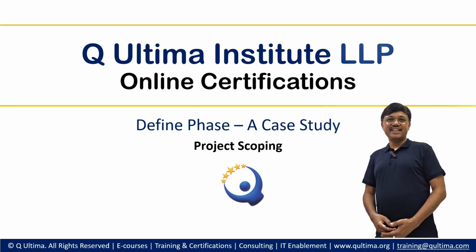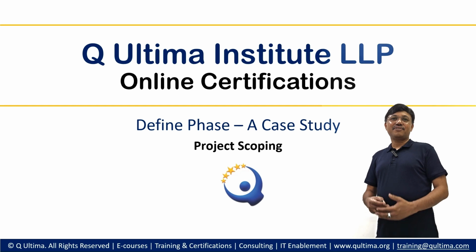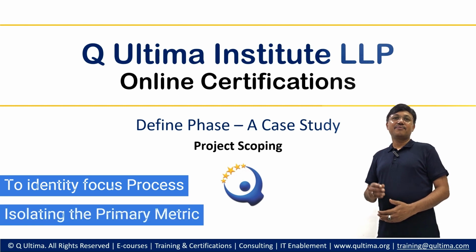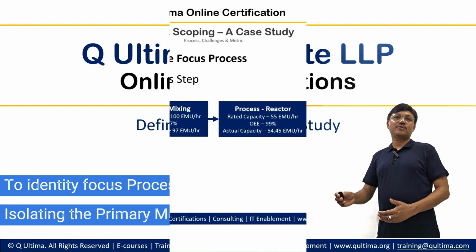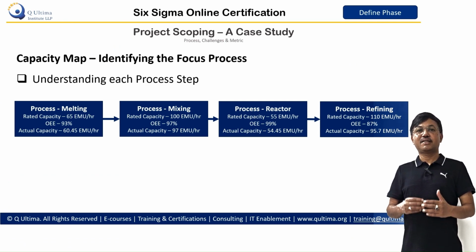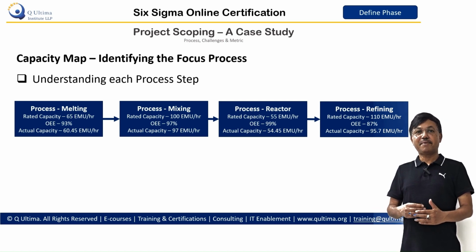Continuing our case study, we will discuss the define phase now, in which the first thing that we'll discuss is scoping of the project. The scoping of the project includes identification of the process on which we are going to work and the specific primary metric which we will be improving in due course of the project. So for identifying the specific process, the team makes something called a capacity map and tries to understand the capacity of